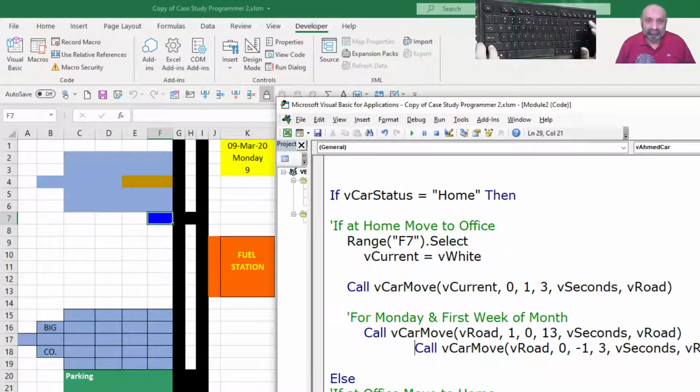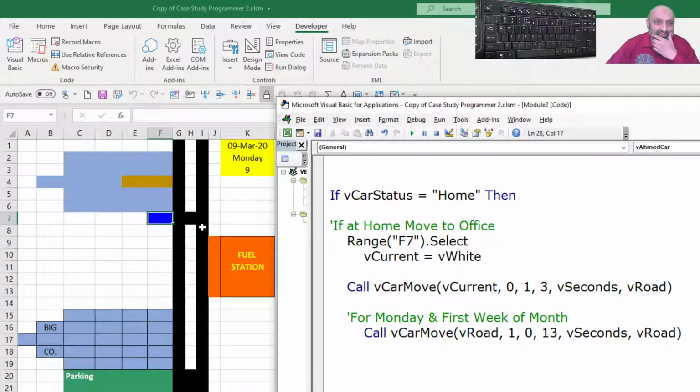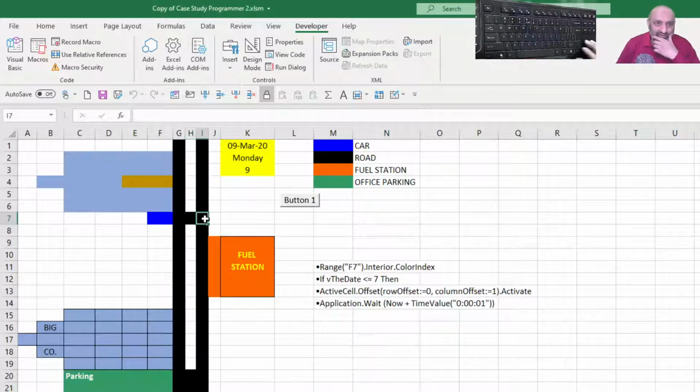So what we need to do is we need to break this 13 into some steps. So this will be starting from here, one, two steps down, okay, then one step right, then one, two steps down, then two steps down, and then one step left.